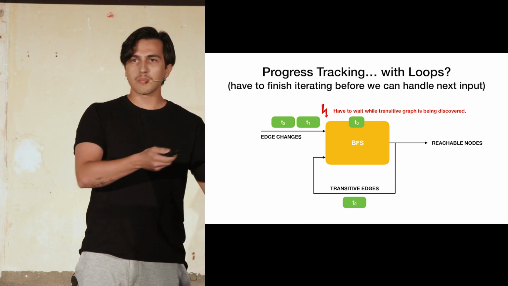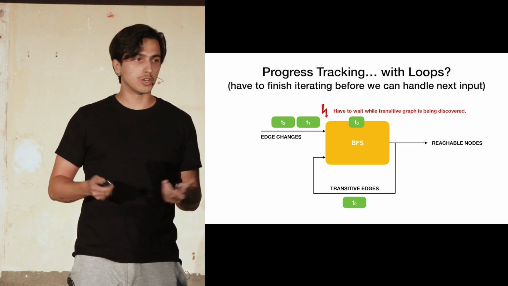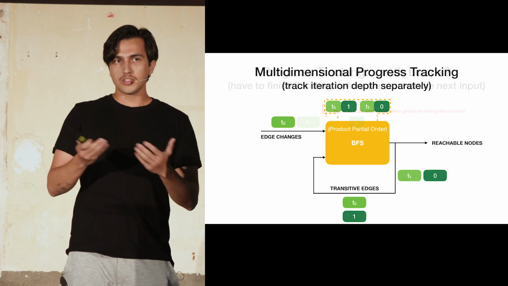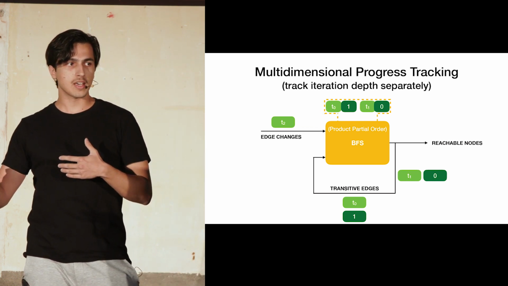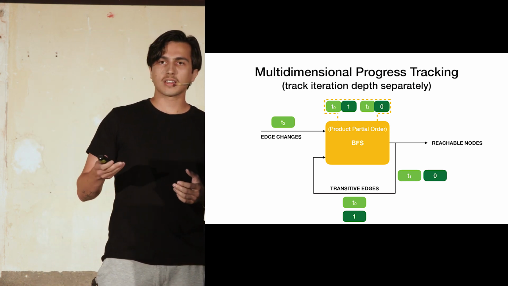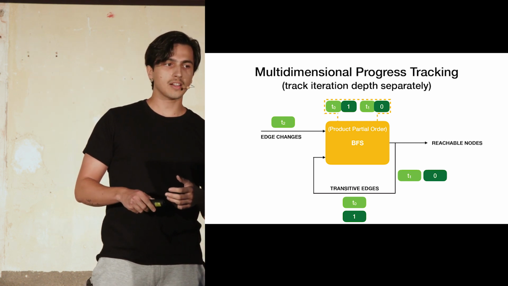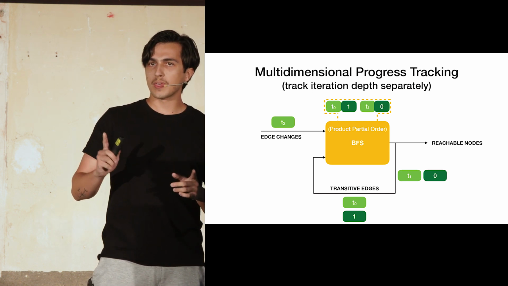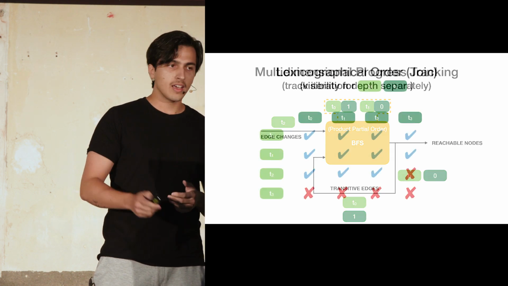Still, this is annoying because now we're blocking all of the transactions that we would want to run, especially in a parallel setting, where we would know how to interleave the computation. We've already seen that we can introduce another dimension of timestamps to have multiple transactions flow through the graph, no problem. In this case, the second dimension that we would introduce would be the iteration depth, so the number of times we went around the cycle. And this would allow us to interleave the computation, but now we have to think about how to ensure the consistency guarantees that we violated.